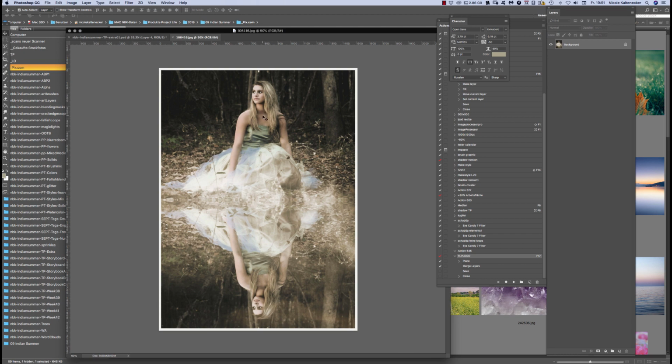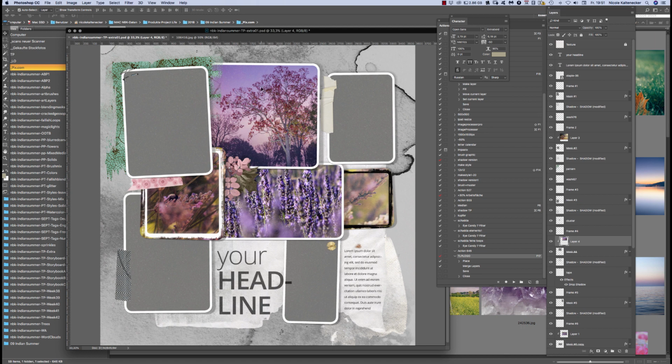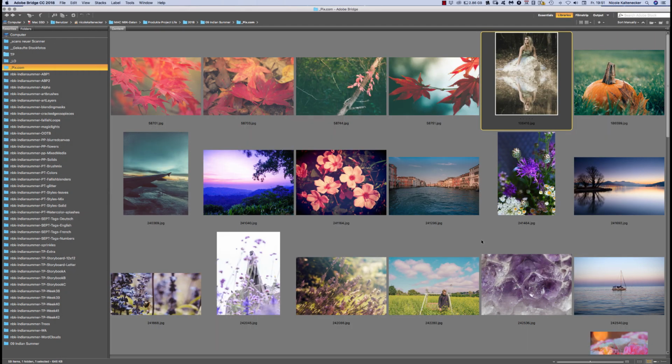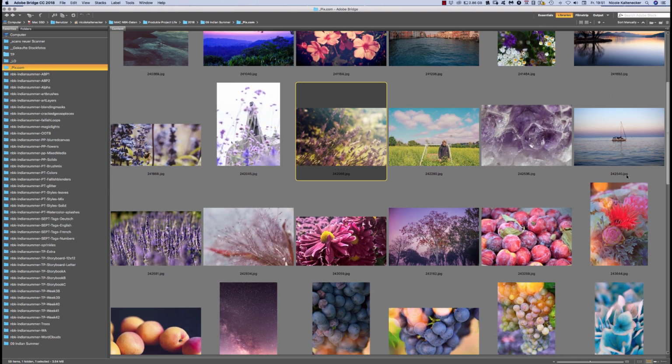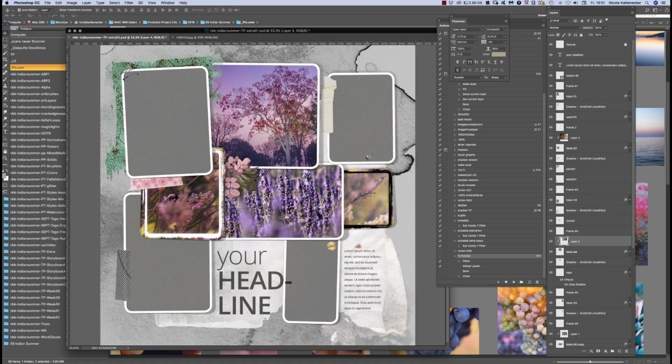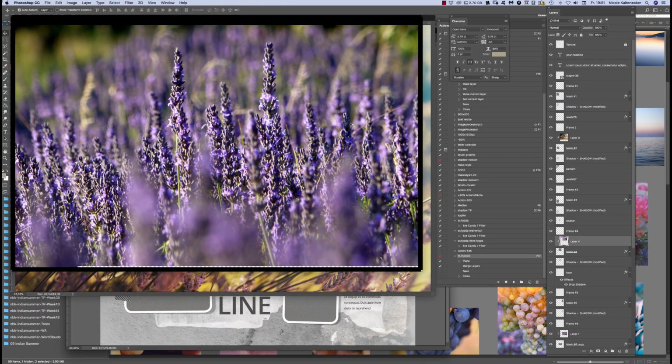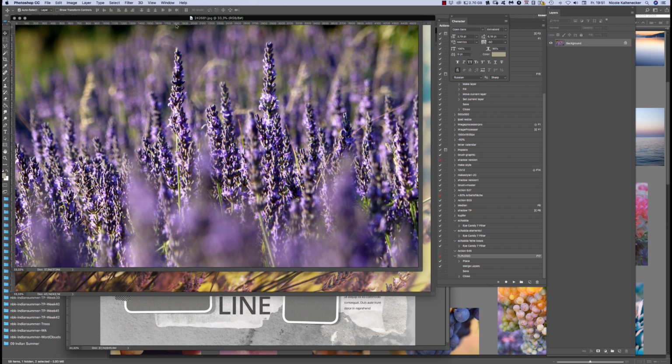I'd like this image to get the same vibe, the same hues like I have already here on my page. What I'm going to do now is open the image I have already placed, and open them both in Photoshop. Okay, so here's the trick. We go to